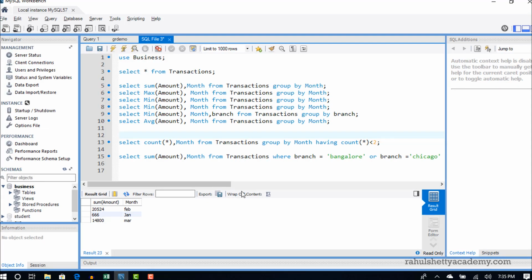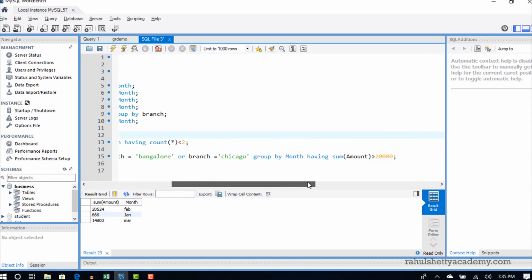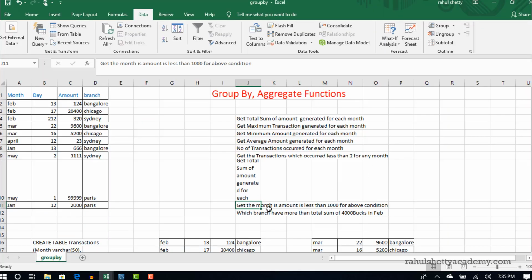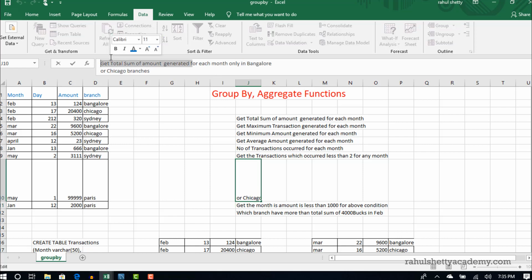So this query is asking which month I am getting less than $1,000 for this above condition.